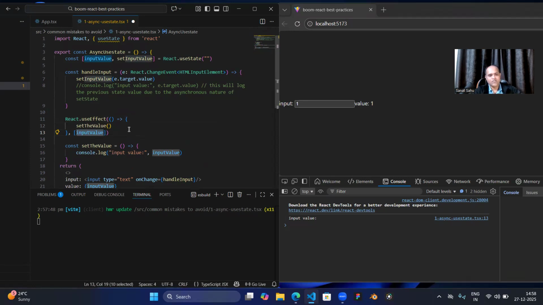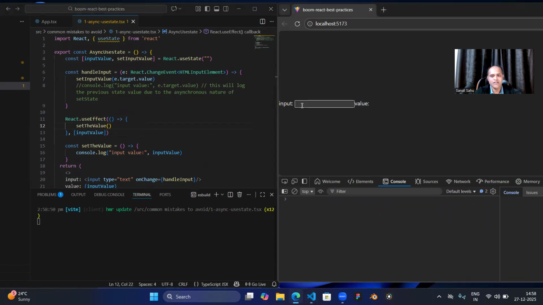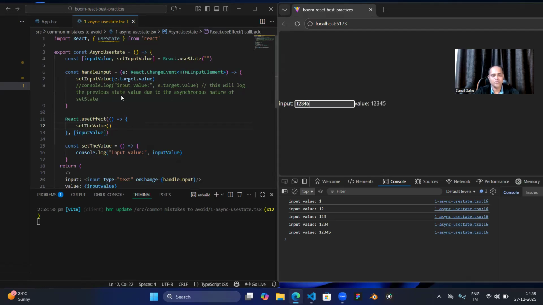Okay, now if you see here, if I just save this, let me clear everything. If I write 1 here, the value is 1, 2, 3, 4, 5. But you observe what happened. What we are trying to solve is that useState update is async, so don't use the value directly. If you want to use the value directly, then you use event.target.value. That means I can call set value or any other function by passing event.target.value directly. If you don't want to do it in that manner and want to use the state variable only, which is the correct way,